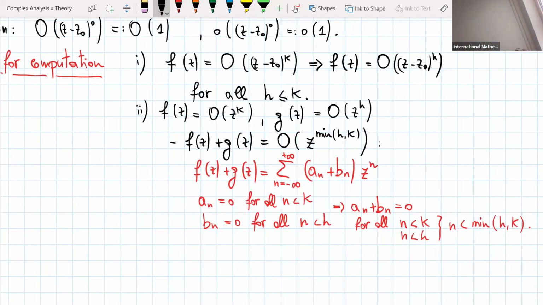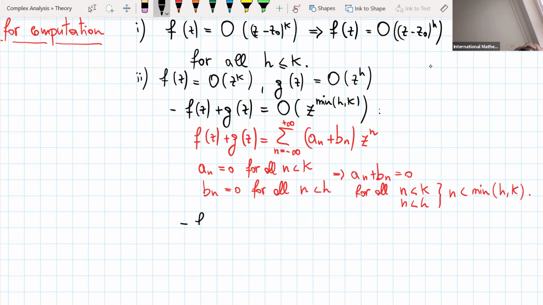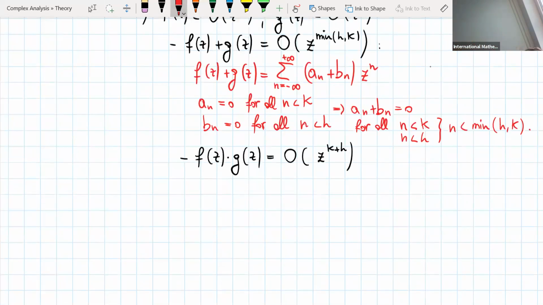Okay, and another useful rule is with the product. When we have instead the product of two functions, then this is a big O of z to the k plus h. This is also intuitive, because if f of z is equal to a_k z to the k plus a_(k+1) z to the k+1 and so on,